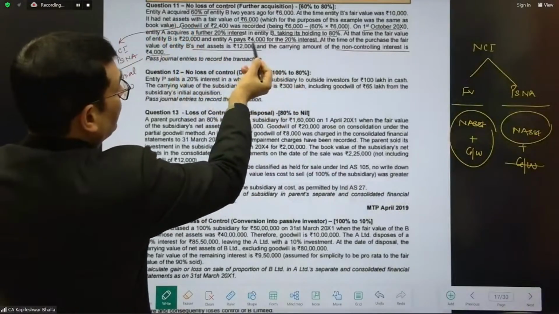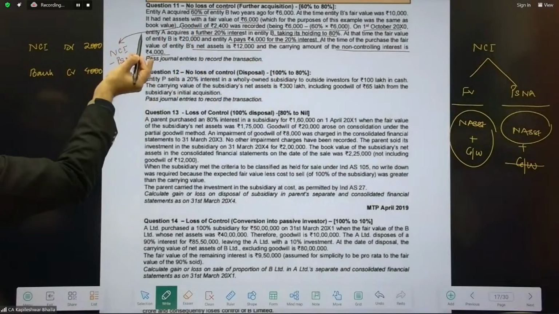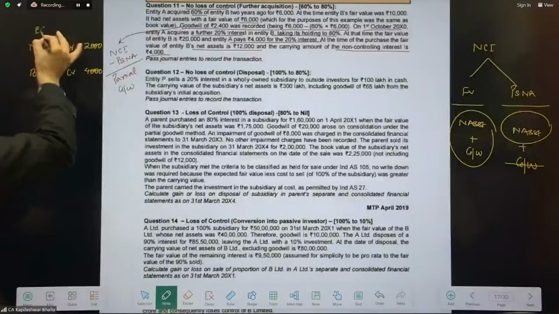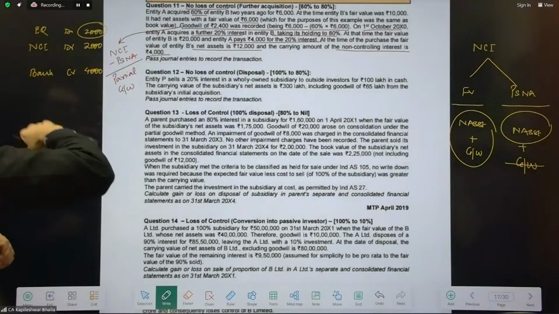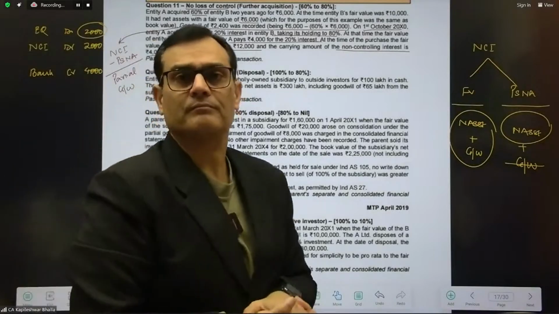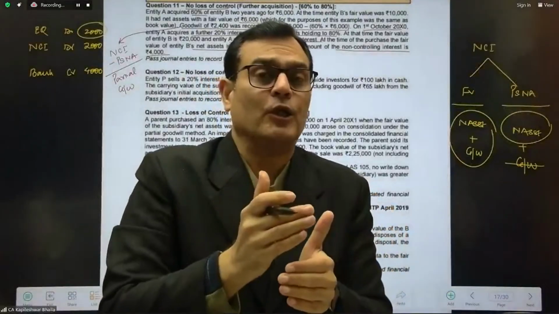What is the amount I paid to acquire this interest is 4,000. We paid 4,000. So whatever is the balancing figure is going to be debited to the equity. So the balancing figure is the loss, which is an equity adjustment. As simple as that. So read the question carefully, look at the status.